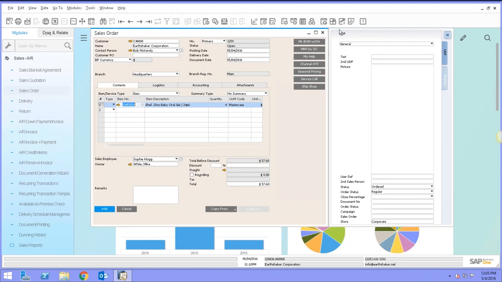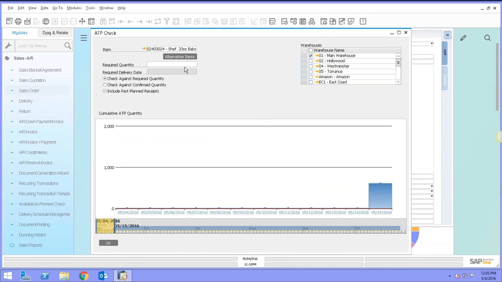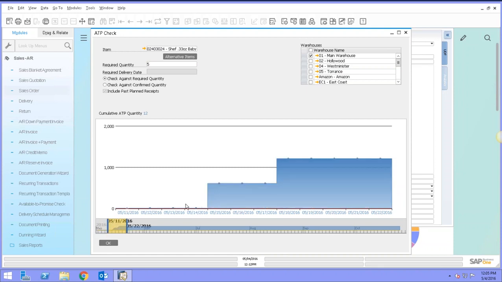But HANA also gives you a different way to look at this. It gives you the ability to look at a more graphical available to promise. So here I can see for the quantity that I want, I don't have enough. If I want, let's say, 5 master cases or something of that sort, I don't have enough. And if I use my scroll bar here, I can go forward in time and see exactly when I am scheduled to get certain amounts, and then what's going to be my grand total here as of a certain